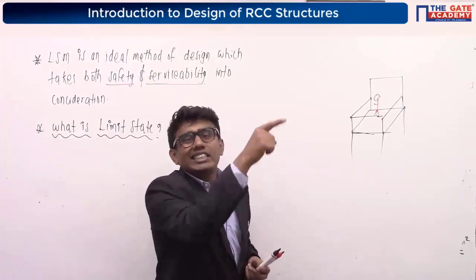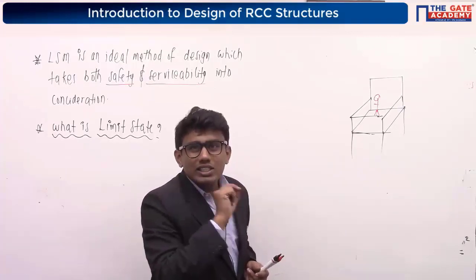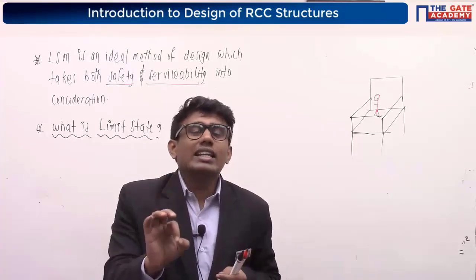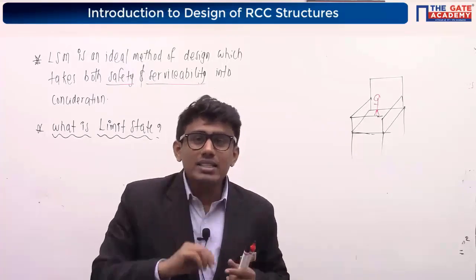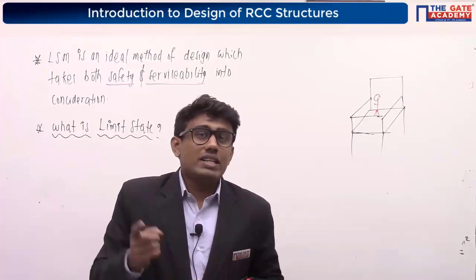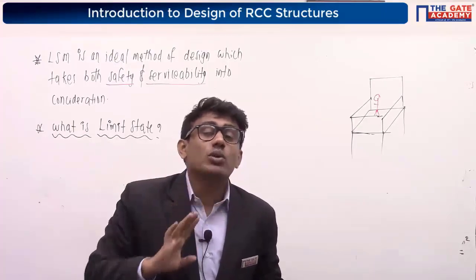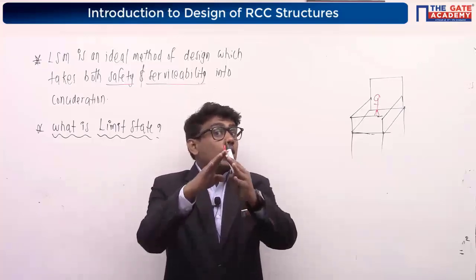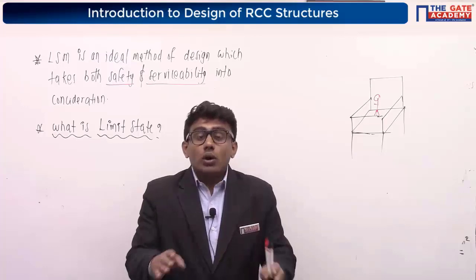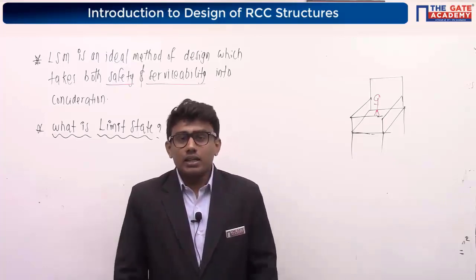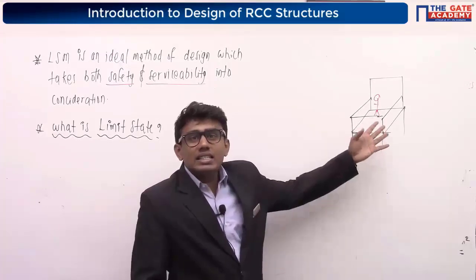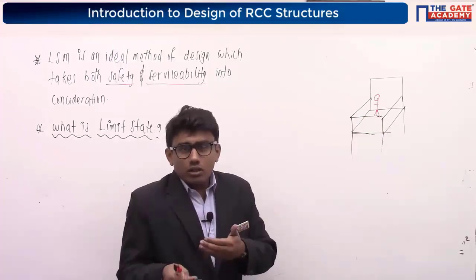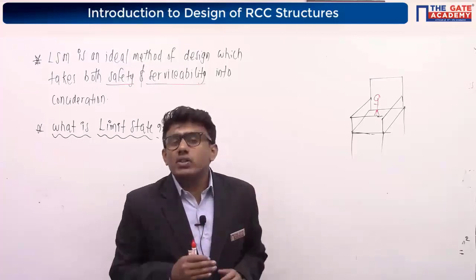If a 6th person is coming on this chair, what will happen? The maximum load the chair can carry or accept is 5 persons load. If a 6th person is sitting on that chair, what is going to happen? The chair will fail or the chair will collapse. The chair will break. The chair will not satisfy its designed purpose. So that means we cannot allow a load of more than 5 persons.